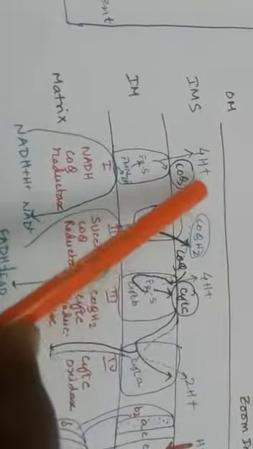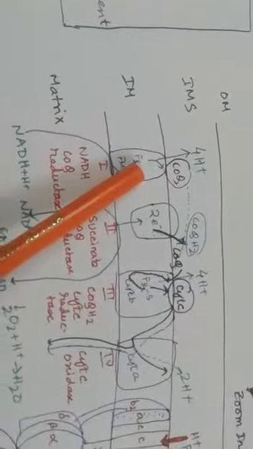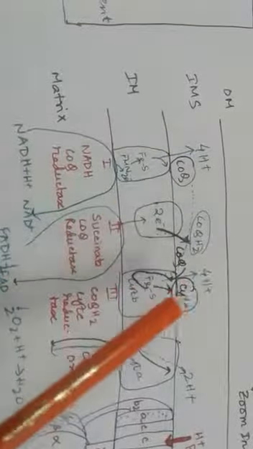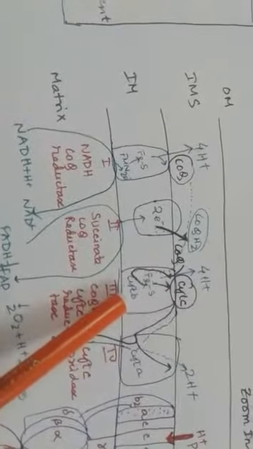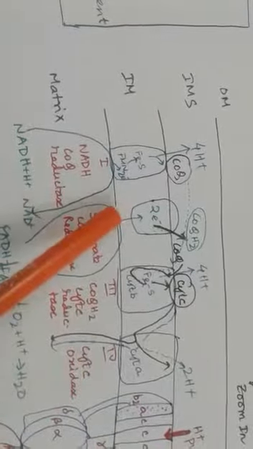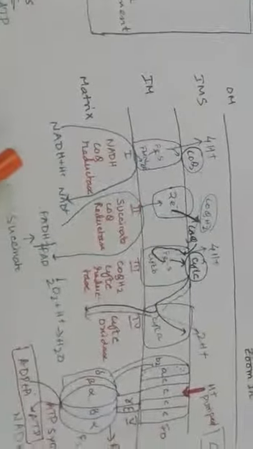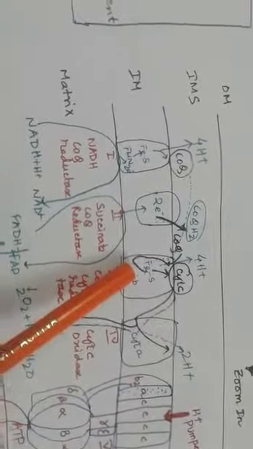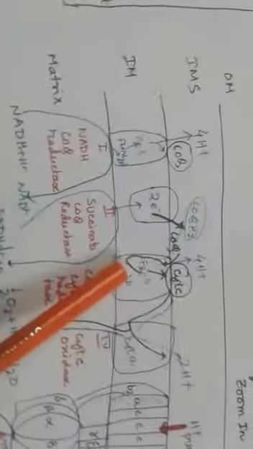So again focusing on complex 1, while transferring the electron from complex 1 to 3, it pumps 4H+ ions from the matrix to the inner mitochondrial space. Then from CoQ, the electrons flow to complex number 3. It does not associate with complex number 2 when we are considering the fate of NADH. So after association with complex 3, it transfers this electron